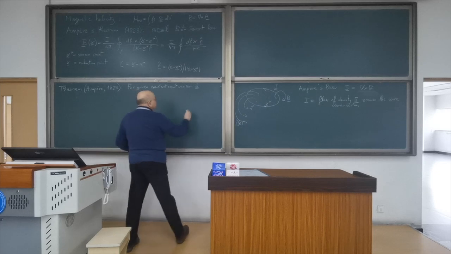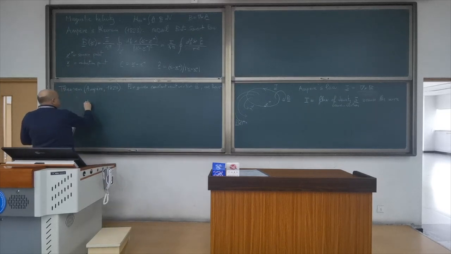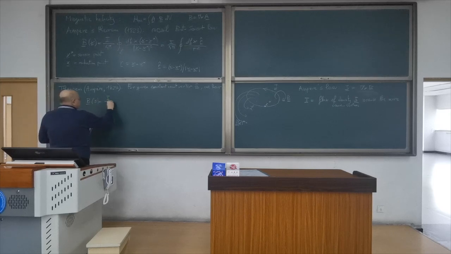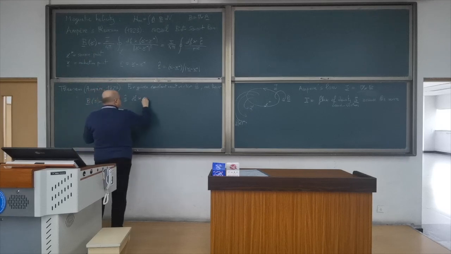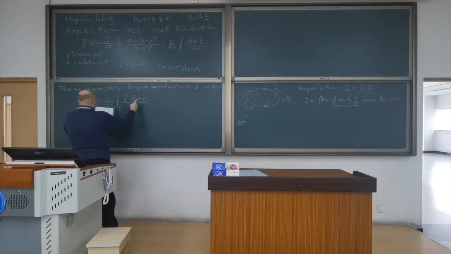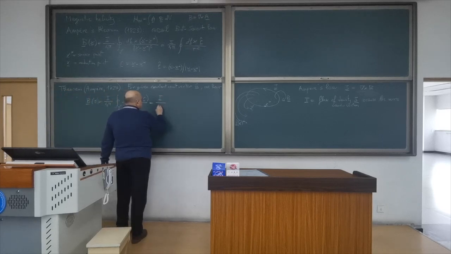Then we have an equality. The field B at the point X is given by the current intensity I divided by 4 pi, integral over our current carrying wire, and then we have E dot dl cross r, and triple product, over r squared. Okay, this is just one way to rewrite Biot-Savart, and what he discovered is that this is equal to